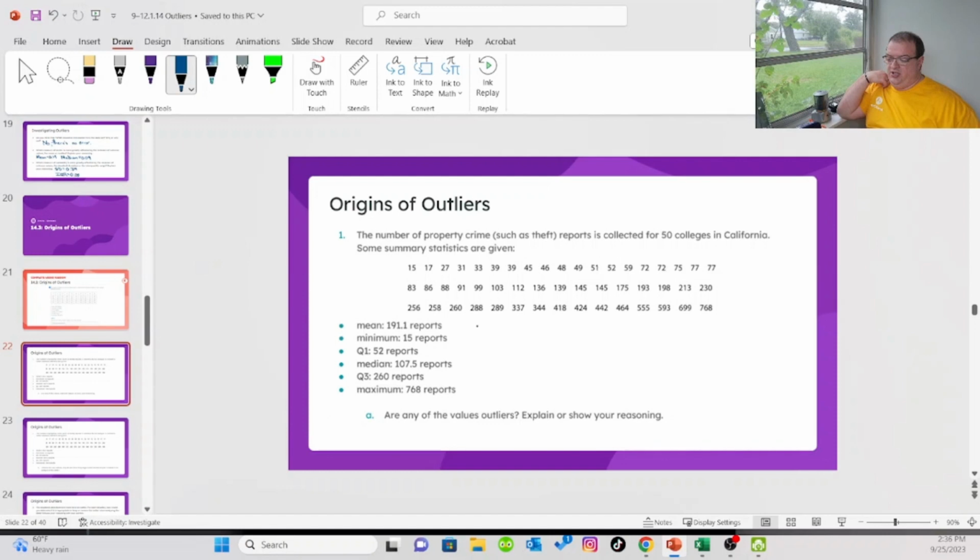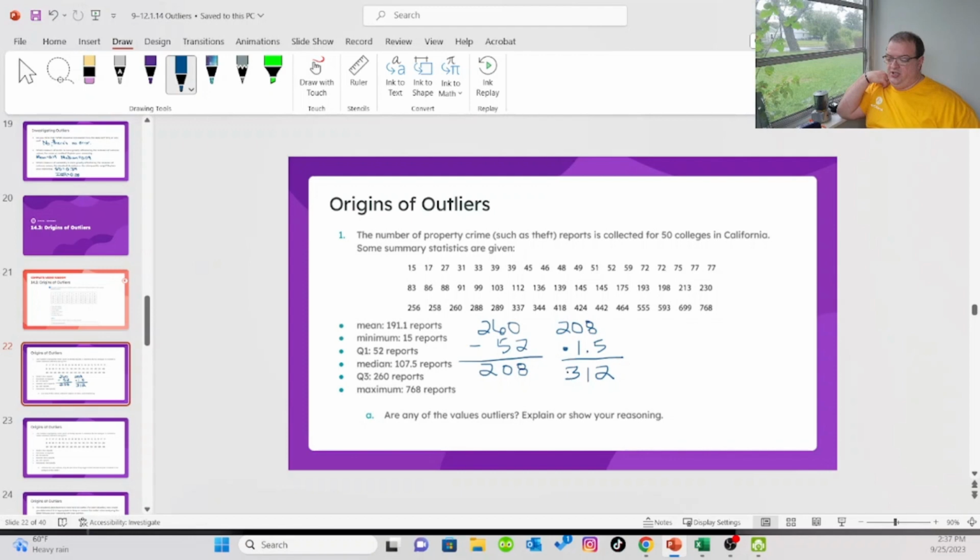To find an outlier, I'm going to calculate my IQR, which is Q3, which is 260, minus Q1, which is 52. That's 208. Now we're going to multiply 208 times 1.5, and that is going to be 312. So anything above Q3 plus 312 is going to be an outlier, and anything below 52 minus 312 is going to be